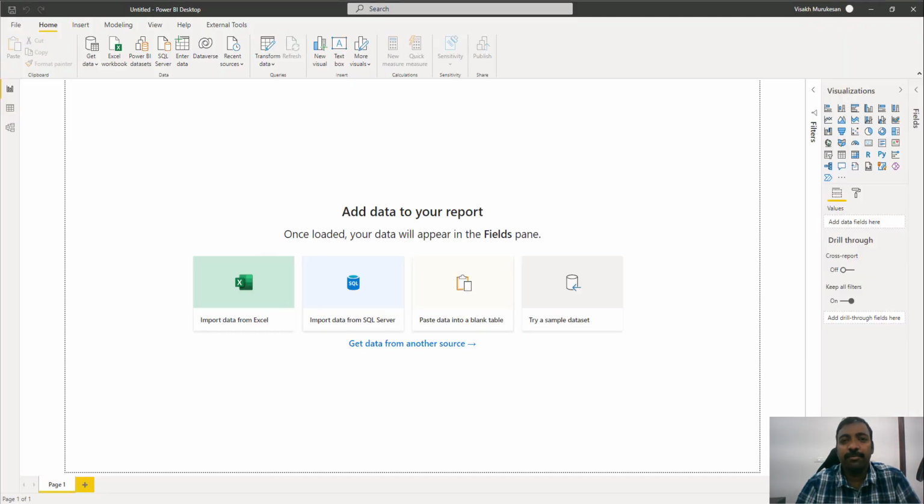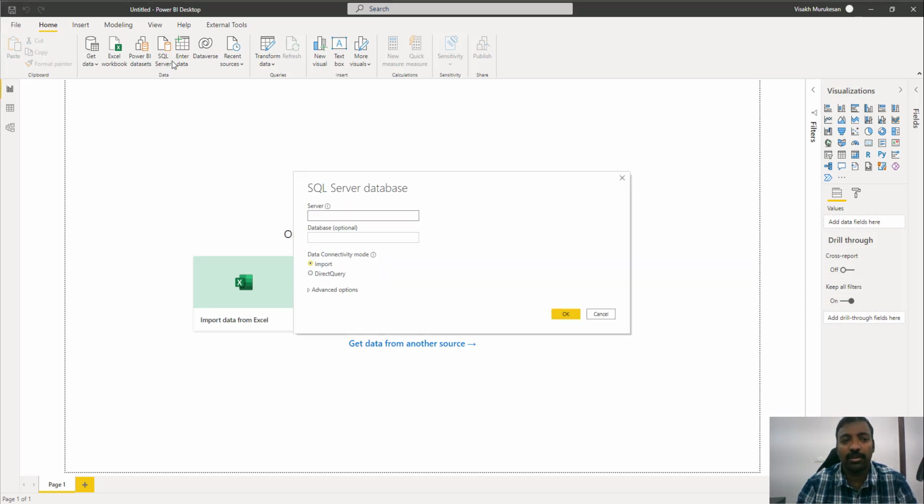For seeing the second part in action, let's open a blank Power BI sheet and we are going to connect to the database where we are storing the feedback information. So let's first connect to the Azure database, which is set up for capturing the feedback information. So let's click on SQL Server on top, or you can also do it from Get Data. This is a shortcut of directly connecting to the SQL Server connection. As specified earlier, you can use the normal SQL Server connection itself for connecting to the Azure database.